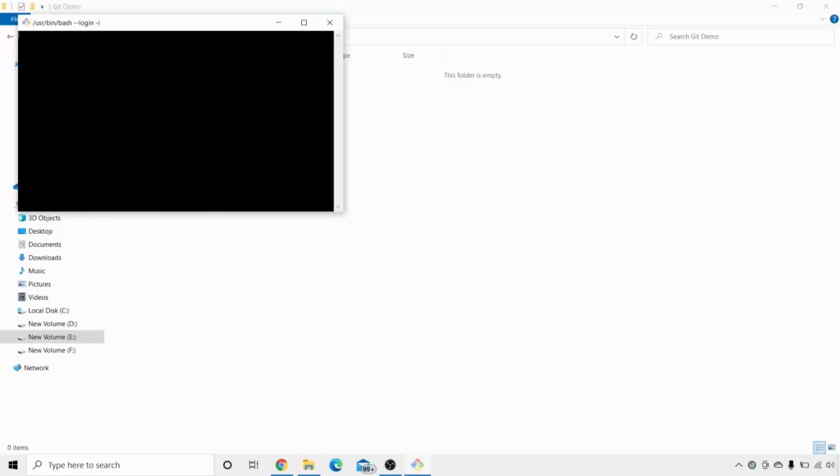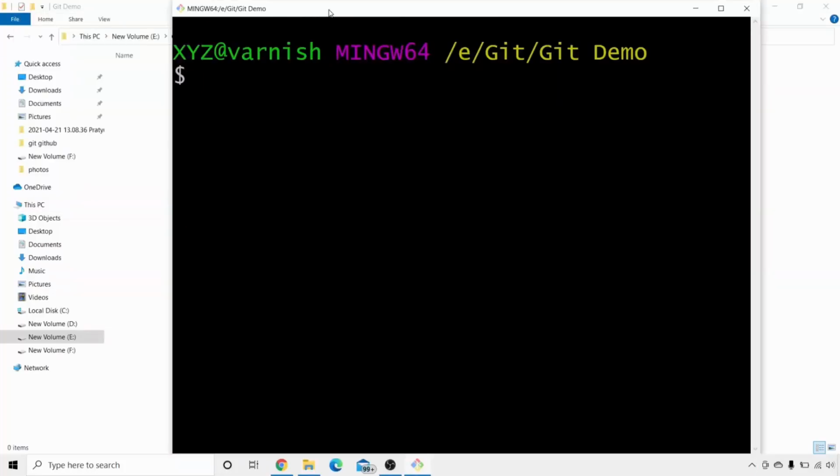So this is the Git Bash that we have now. What we are going to do is first, we are going to initialize. This is the first step that you need to do whenever you have a new GitHub account. Now I have already created a repository named test repo on our GitHub, that is the tutorials GitHub. If you have an old GitHub account where you have already added your files and stuff, then you don't need to follow this step. But if it is a new account and you're learning GitHub for the first time, you need to initialize your username and user email. So the very first command that you need to write is git config